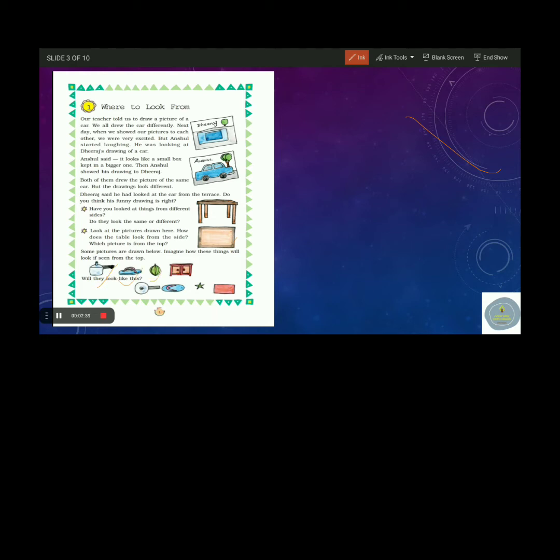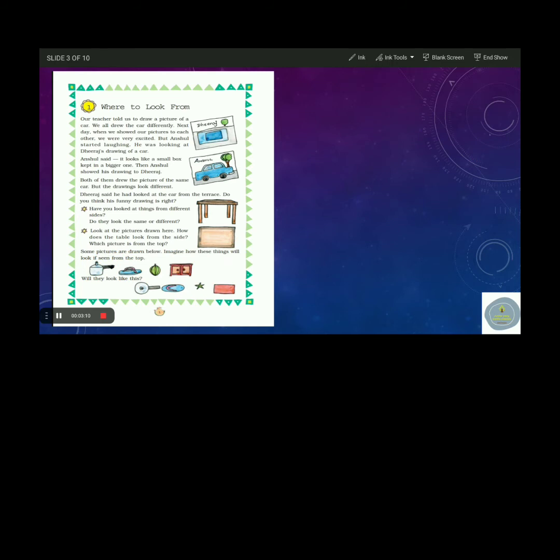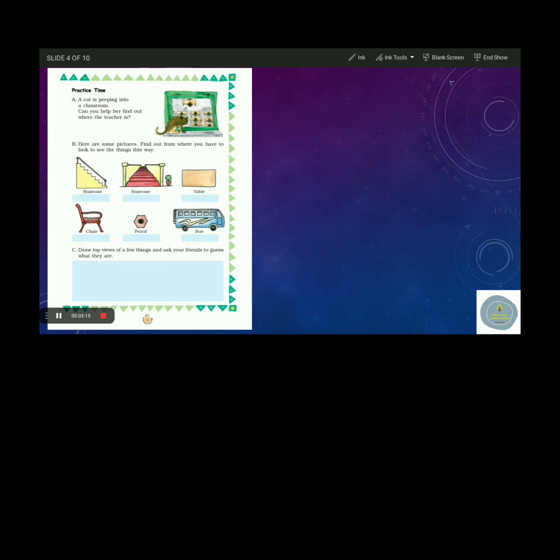So moving on to the next part, we have many images of a pressure cooker, of a slipper, of a watermelon and a cupboard. It looks like all these objects I have marked from this image. But if you see the top view of these objects, you may see just different simple shapes like a circle, a rectangle, a star and another rectangle. But if you see it from the side view, you may see a proper object. But these are not the only views which you can see. There is another view also called the front view.